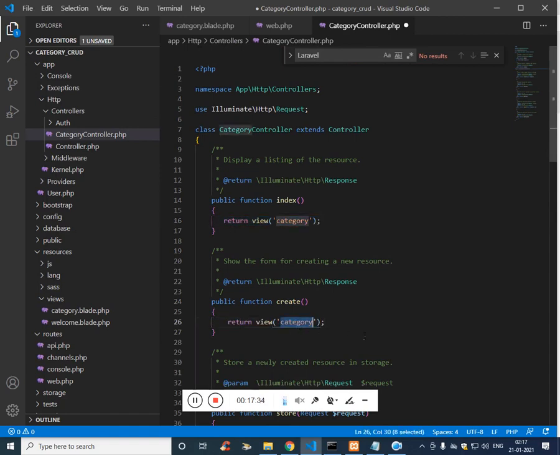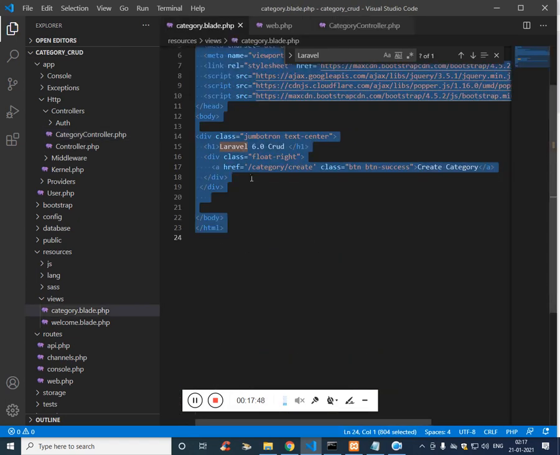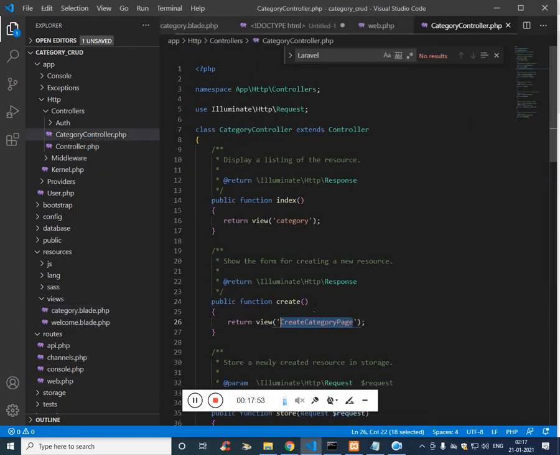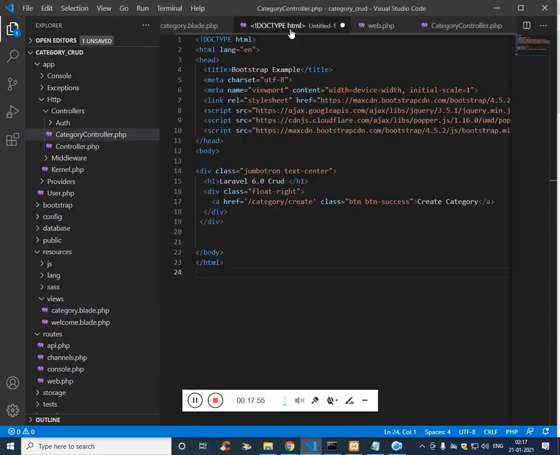So the same way it should call a view. We haven't created any view, so let's create one. We'll name it create category page. Let's copy the whole thing, control and paste, save here. We have to save it with the name as we have called from the controller.